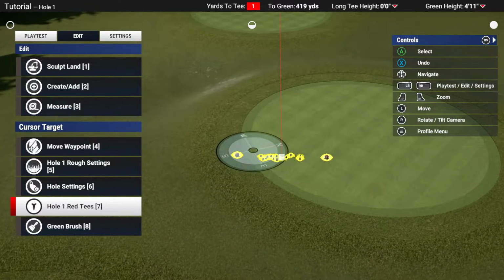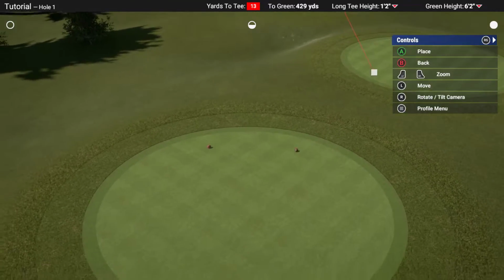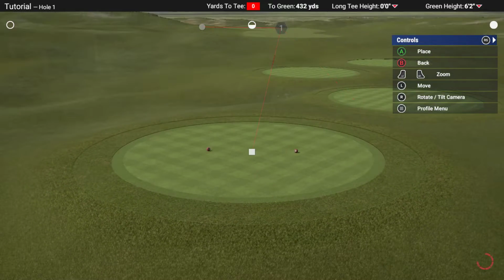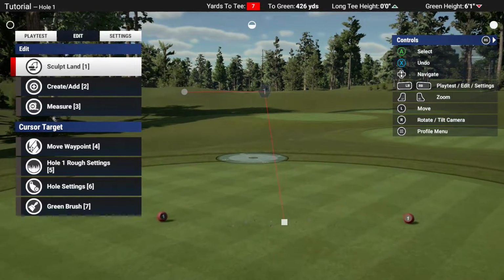So highlight over your tee, and it should say hole 1 red tees, and then you should get an option to move it. Just move this guy back to here. There we go. Okay, sorry, back to what I was saying. So you look at your tee shot there,